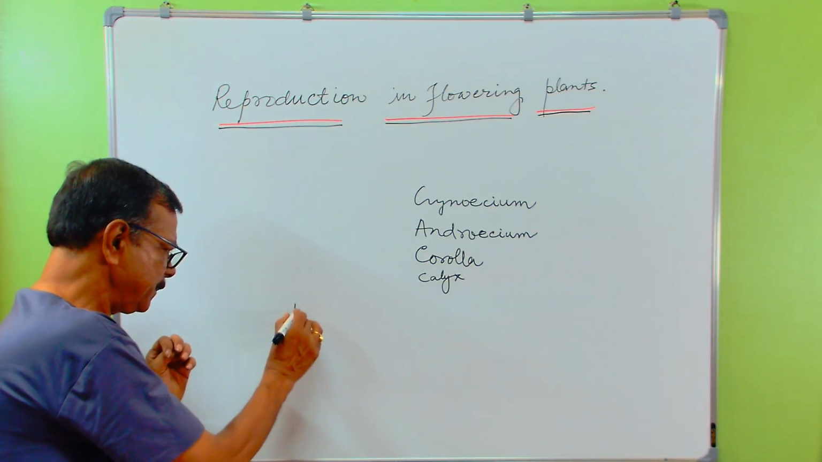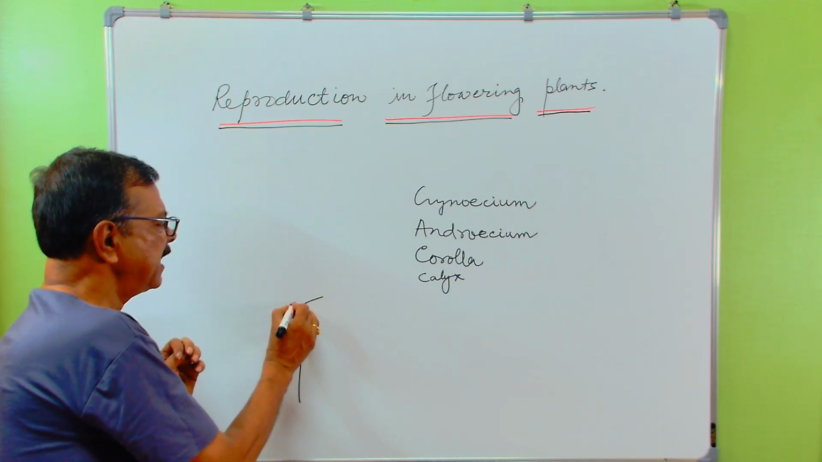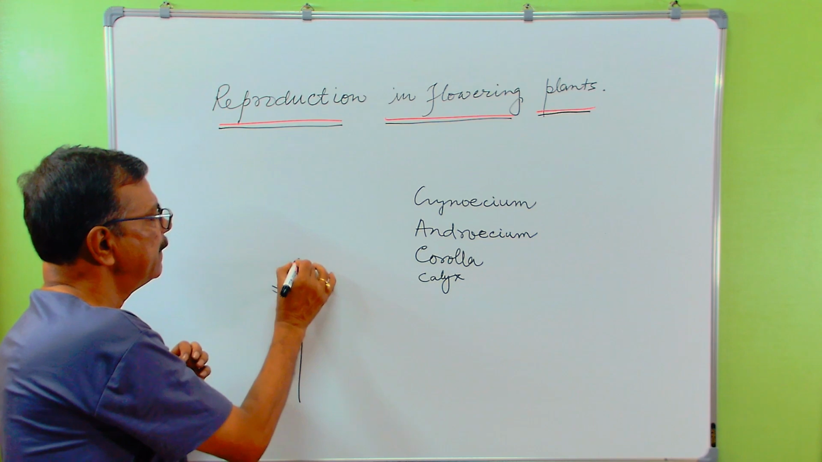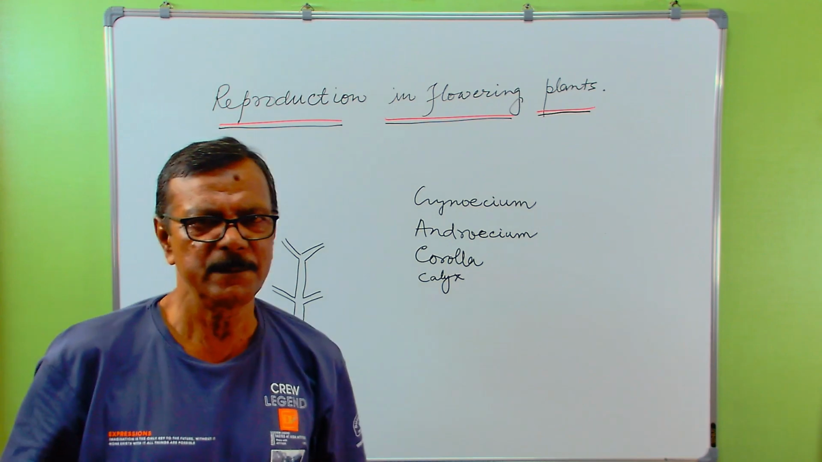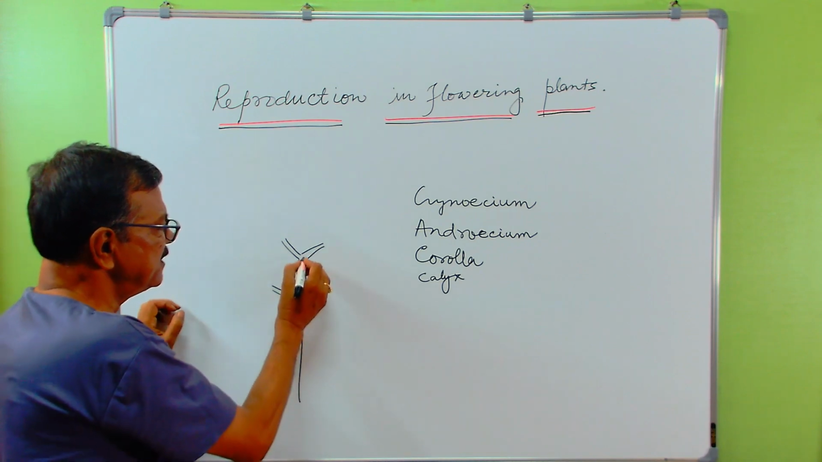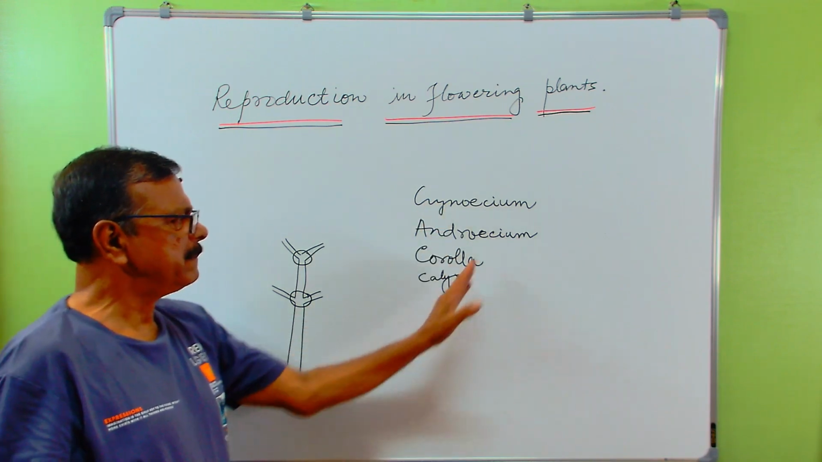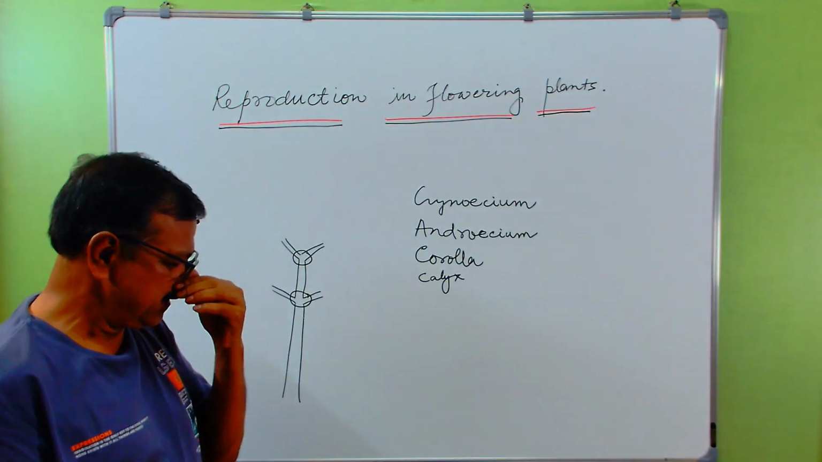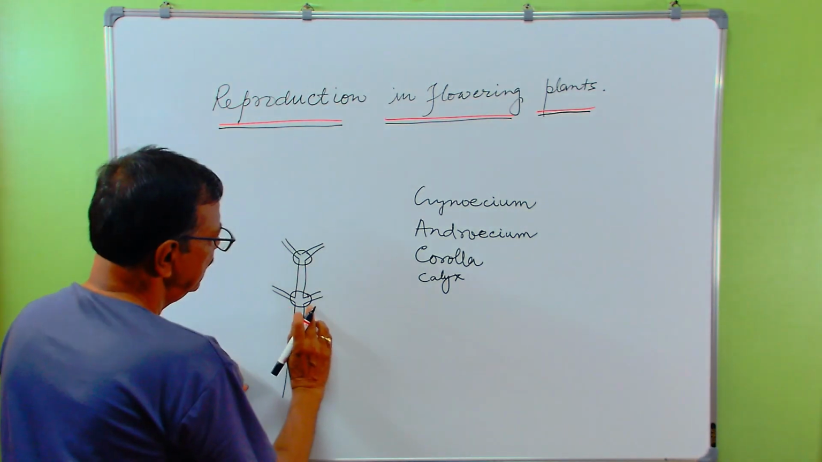Suppose this is a plant. Here it is internode. From the node, branches are produced. So this is called internode and this is called node. So a flower can be defined as a modified shoot. How? Suppose in a flower, here